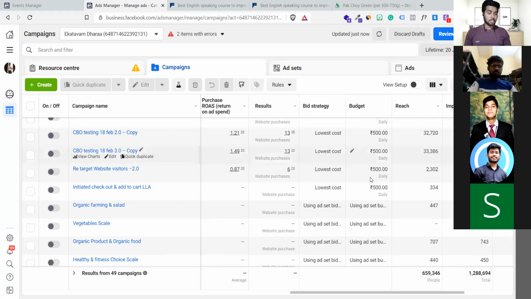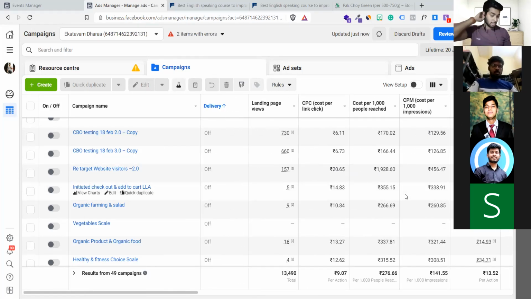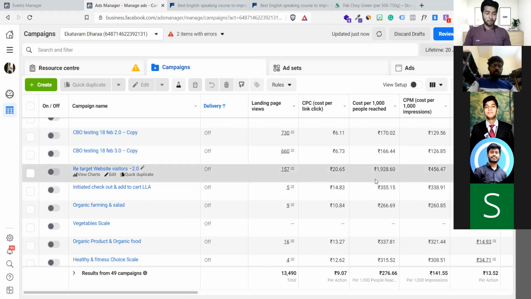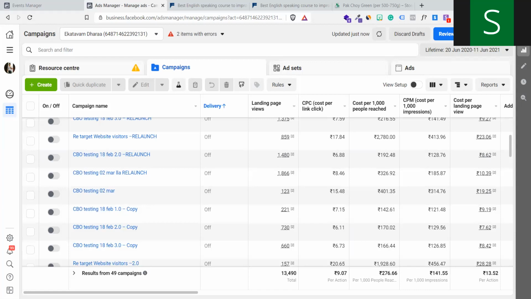And here are the results, build strategy, all. I cannot show you all the stuff inside it because it is very private data that I'm sharing at my own risk. But I hope you're getting it. What I'm trying to say is why to install this kind of thing. Clear, guys? Yes, yes.